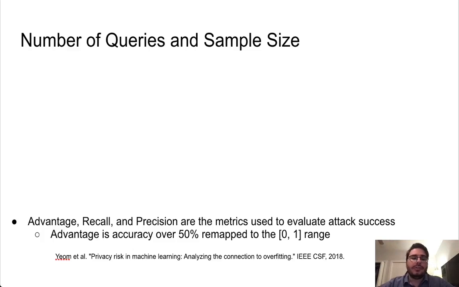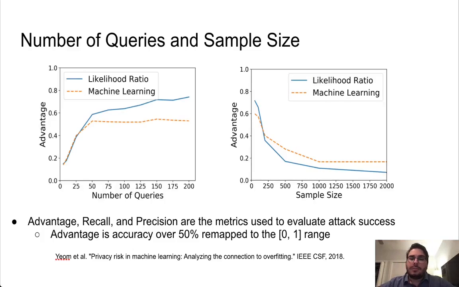To a lesser extent, we also usually call them precision. These are mainly within the focus of query filtering and inclusion frequency, which we'll talk about later. Two of the most important factors we found in our experiments were the number of queries and the sample size, and this was across all of our experiments.